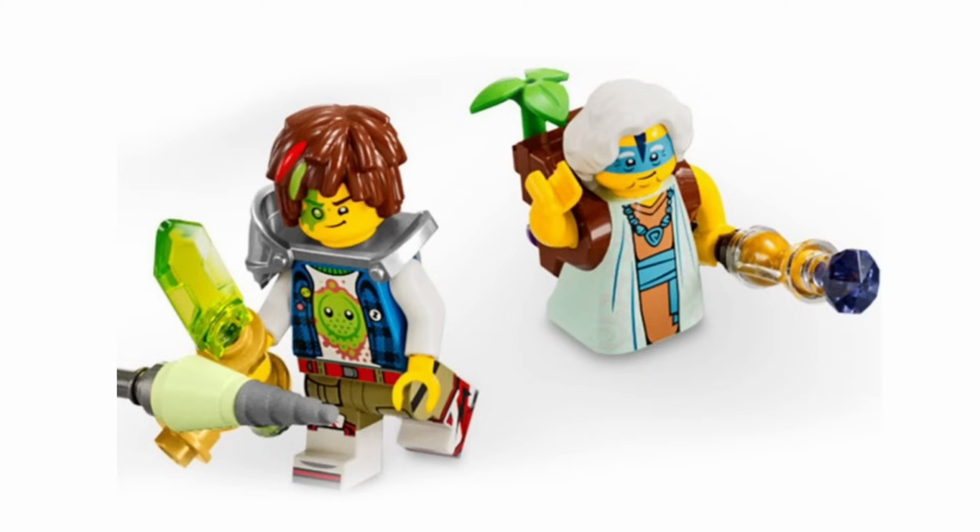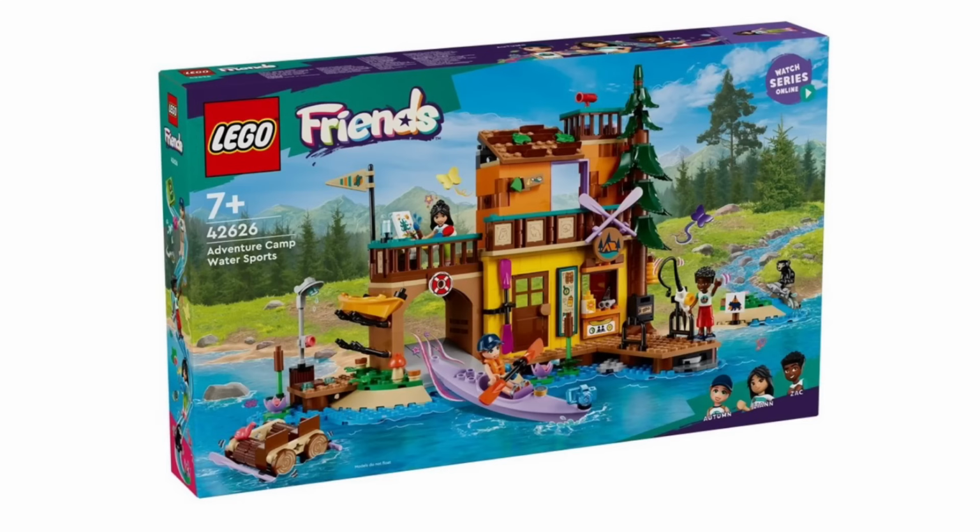So that is really, really nice. And also the actual torso, I believe that is a new piece as well. But yeah, overall amazing looking minifigures. Anyways, moving on, we do actually have some new LEGO Friends sets that have been revealed, with the first one